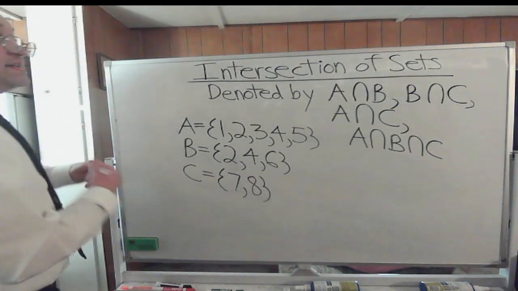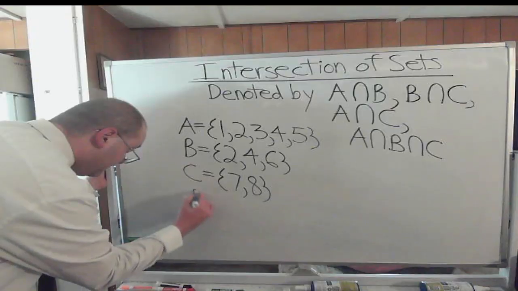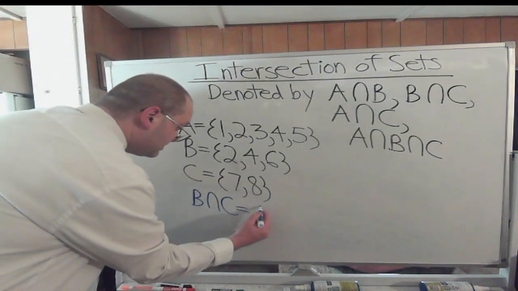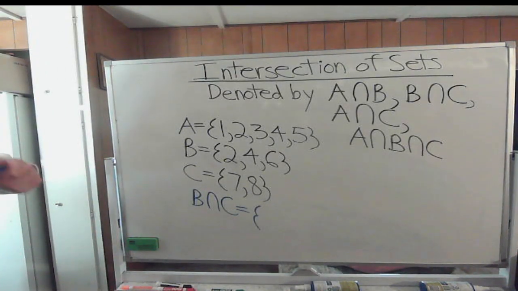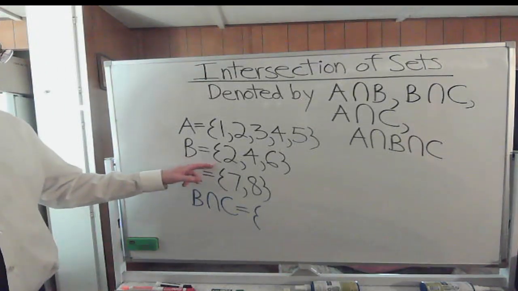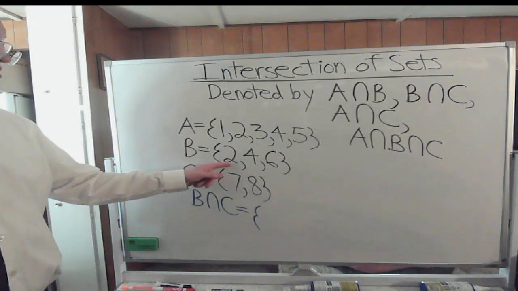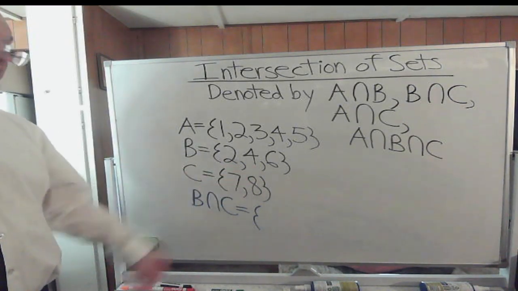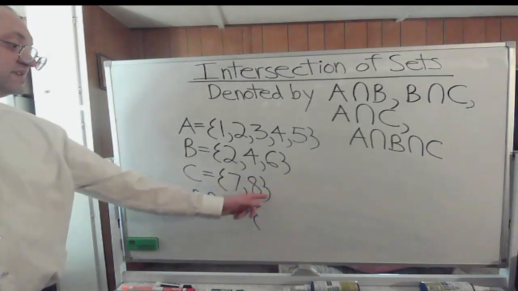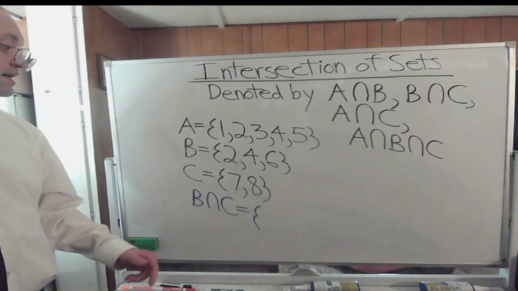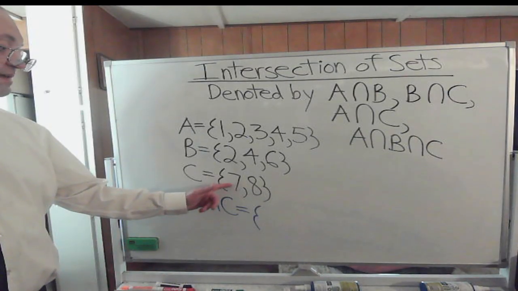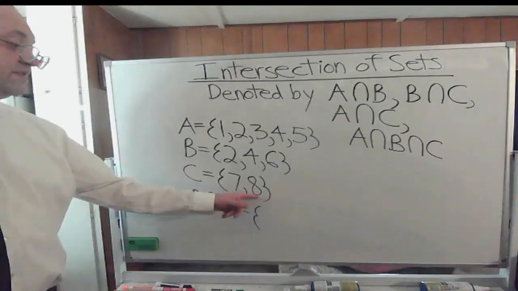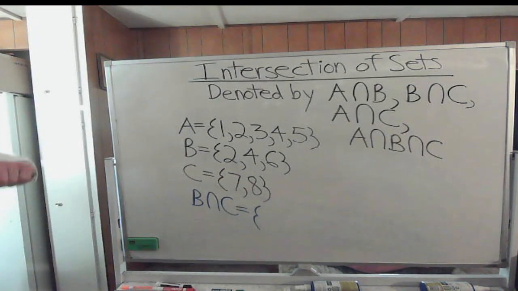Now next we're asked to find B intersection with C. Well, start with drawing your set notation. Again, look at the two sets. Do they have a 2 in common? Nope, 2 is only in set B. How about a 4? Nope, 4 is only in set B. How about a 6? Nope, only in set B. How about a 7? Nope, that's only in set C. How about 8? Nope, that's only in set C. So,